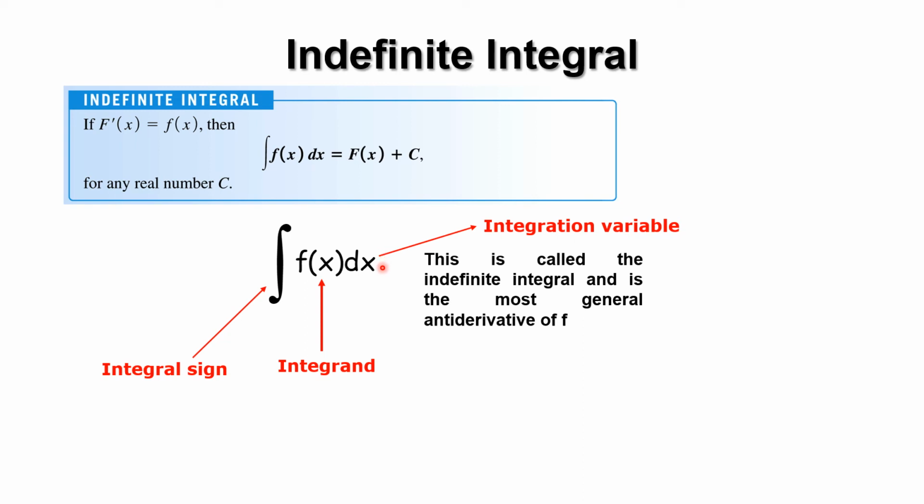So for example, if it is dt, meaning your function is in terms of t, you are integrating with respect to t. For this function here, you are integrating with respect to x. This is called the indefinite integral and is the most general type of antiderivative of a